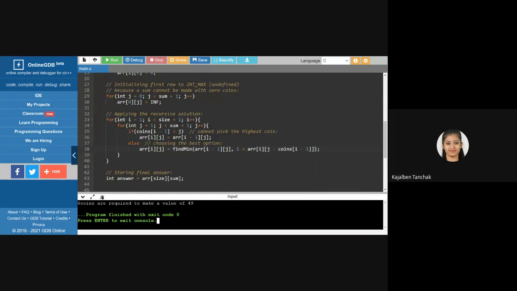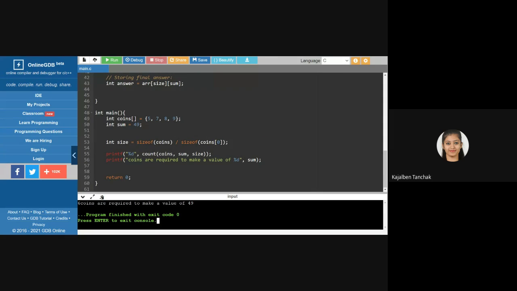So this is how you can do the C program to find out the minimum number of coins. Now, if you have not completed the C program, then do it by yourself at your home. Okay, and if you find any difficulty or any doubt, then please ask me.